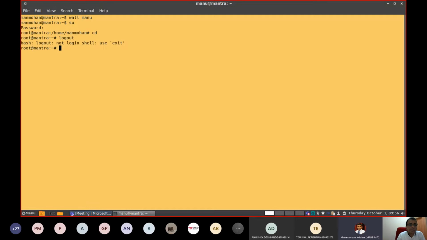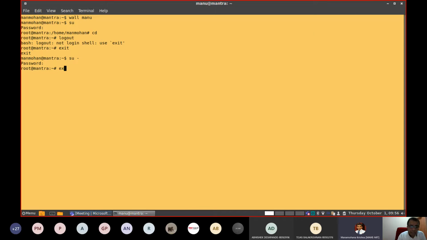So in case you issue a command with su hyphen, then if you enter supervisor's password, you will be directly logging in to root user's home directory. No need to write cd to go there. Okay, this is the change.